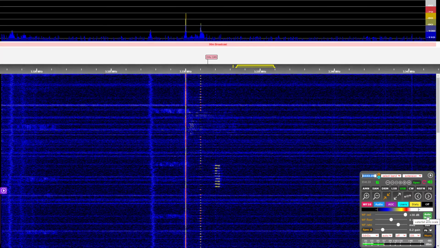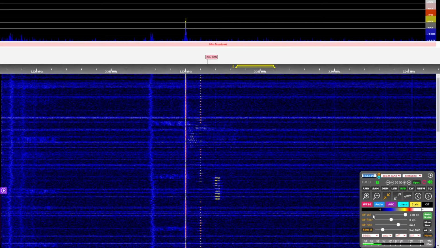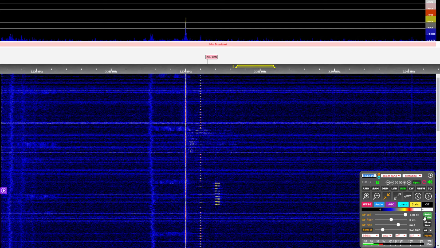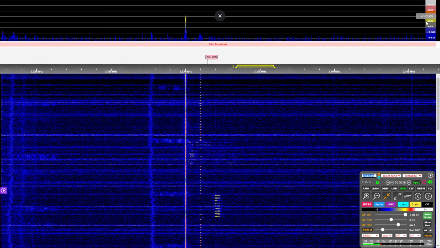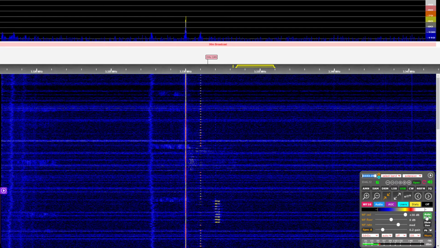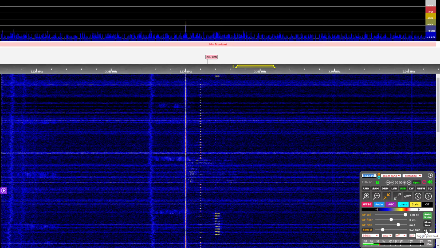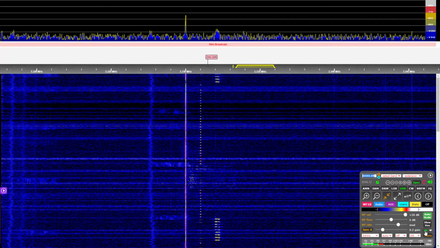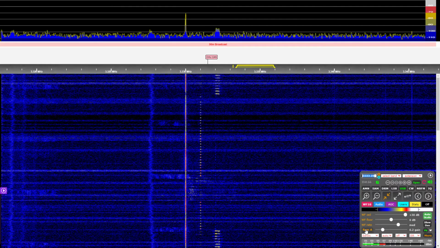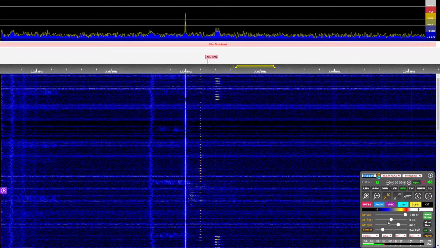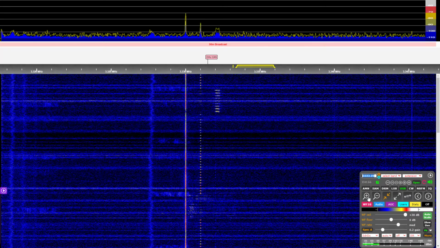There's an auto scale button here too. I don't use it. I just set it here. So if I hit auto scale, you can see that it changed a little bit, but where I had it, I kind of like where it was. And I'm going to kick this peak back on.